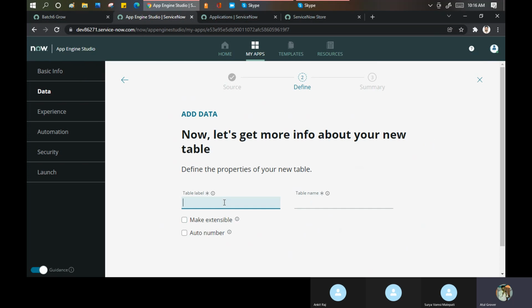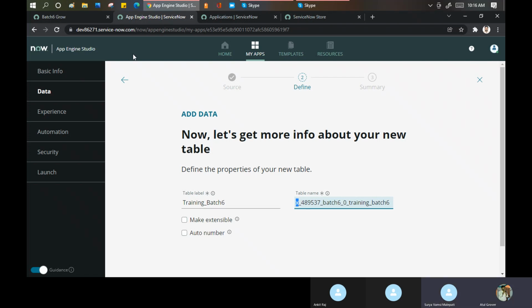table name. Batch 6. Remember this X or no? Remember this user X? Correct. Not user defined. It is user defined, but it is a custom table.